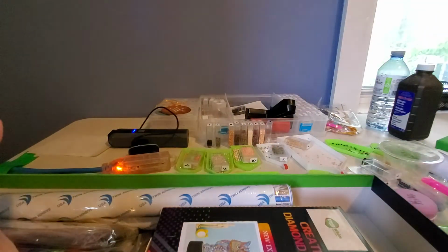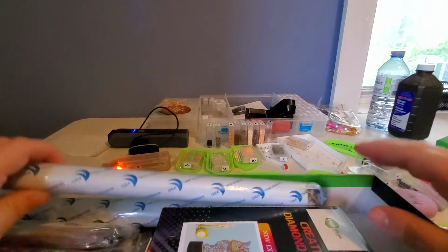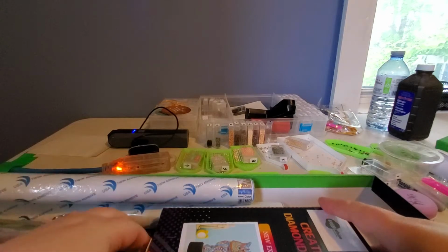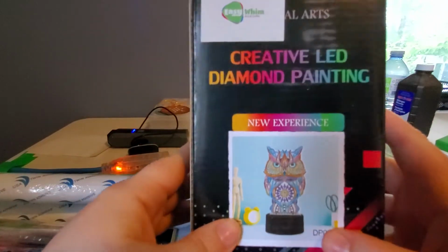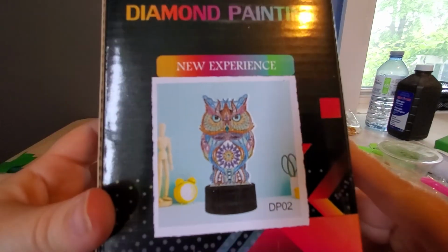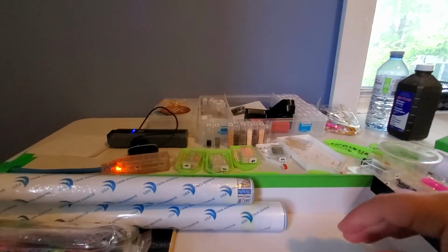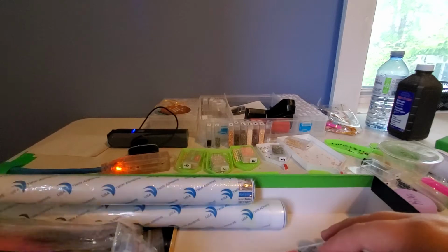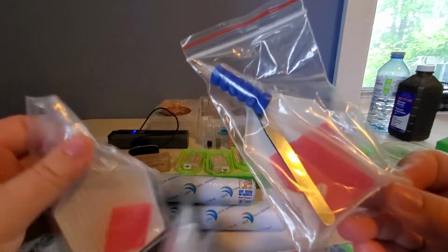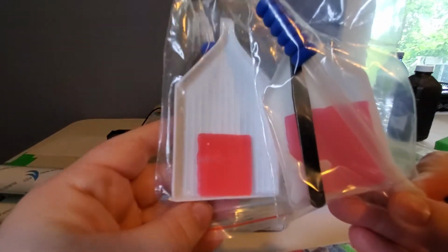So I'll be doing a pros and cons list later about the company. But let's get started. I don't actually know what to look at first, so let's start with this. There's a cute little lamp. That's pretty adorable. I'm sure my daughter's probably gonna want that. Anyway, that's one thing. And lots of trays, lots of wax,